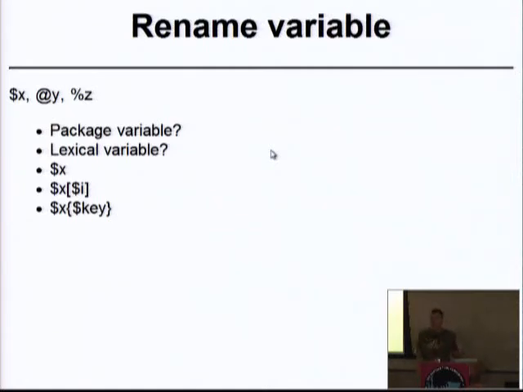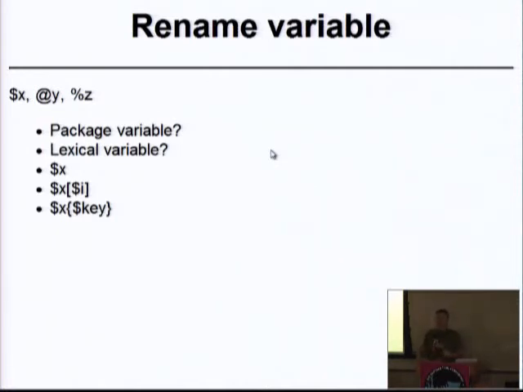And you also want to make sure that if you have $x and you want to change it, you change it only in the lexical scope where it was declared. So you might have the same name, $x, in various scopes, and you want to make sure that you change only one of the variables. Otherwise, you probably don't make a lot of difference in the refactoring. You still have the same problem. So this is one of the problems.